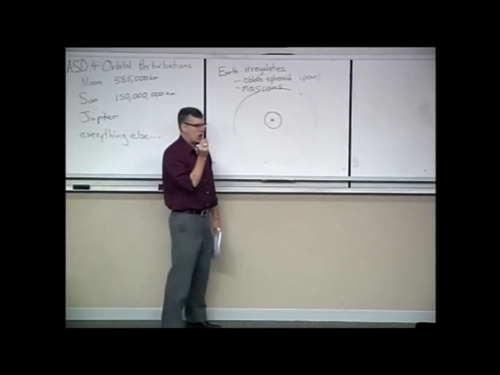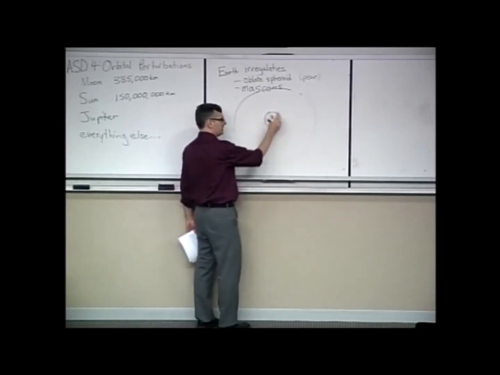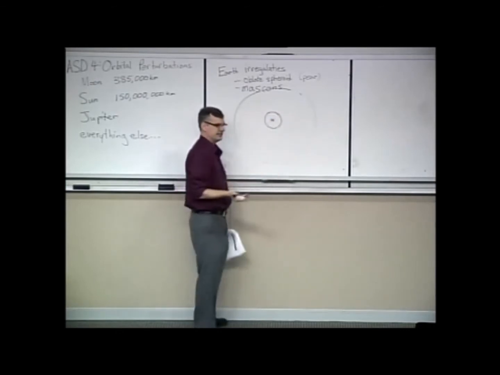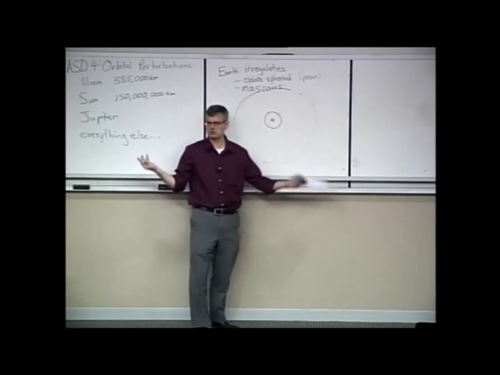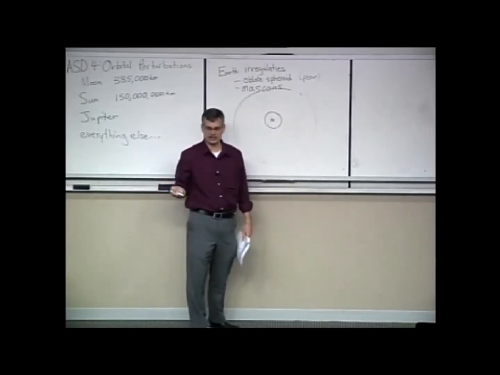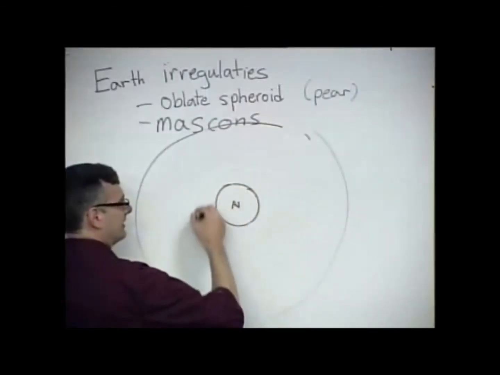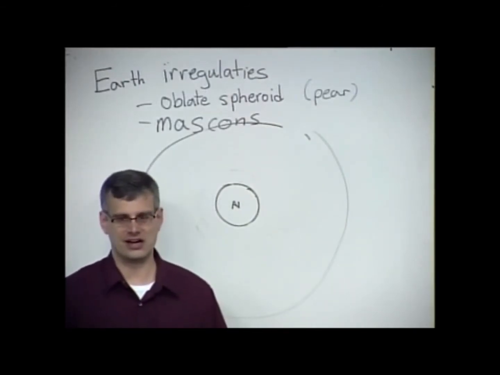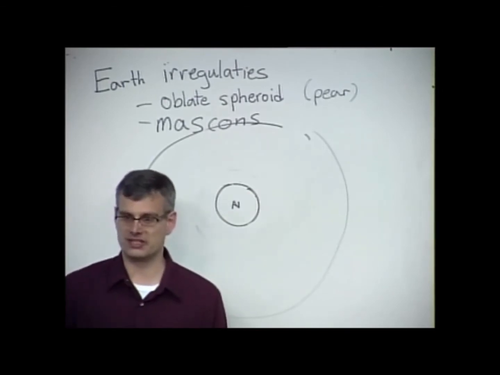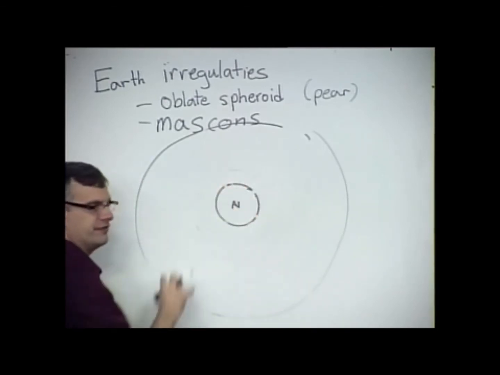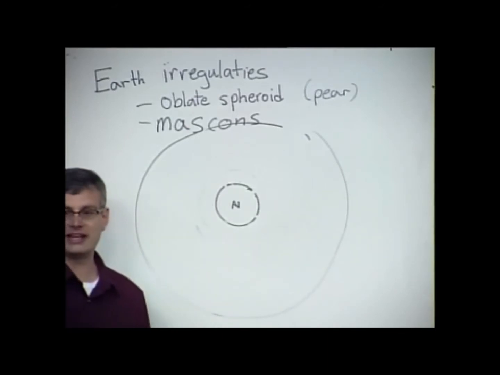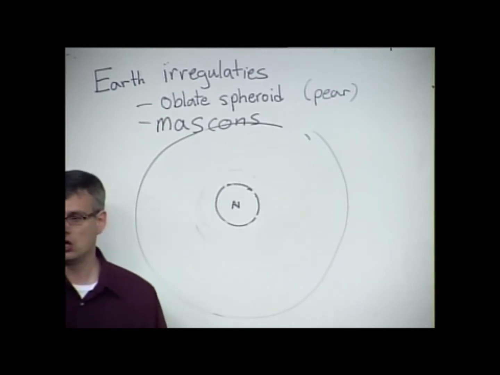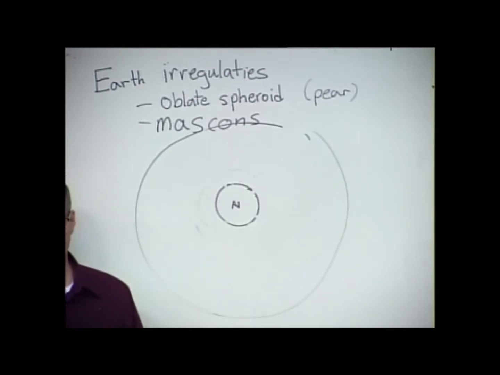Because you're phase locked with the Earth, this is different from a lower Earth orbit satellite, where this wouldn't be a big deal for a lot of reasons. First of all, you're always moving, so you have to deal with some tracking anyway. Secondly, you're moving around and around the Earth, and whatever irregularities are on the Earth will kind of cancel each other out over time. Not true for the geostationary satellite, because you see the same part of the Earth all the time. So if there's a higher density region on one part of the surface of the Earth than the other, over time that irregularity will build error up into your orbit.